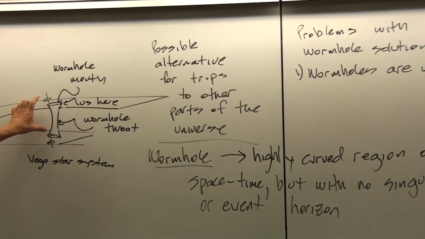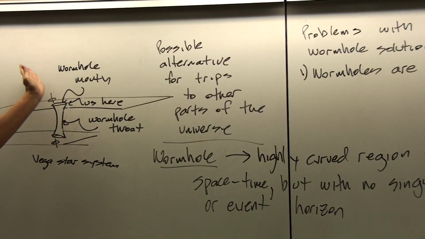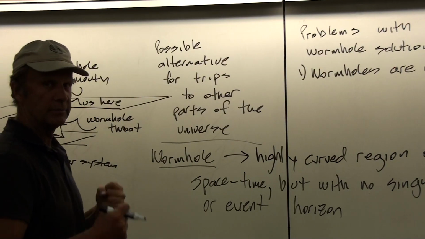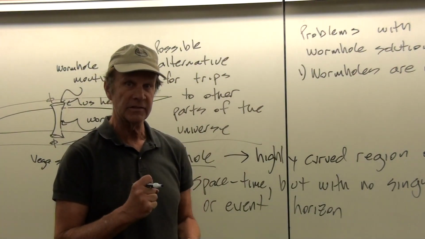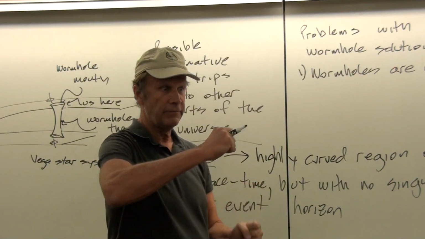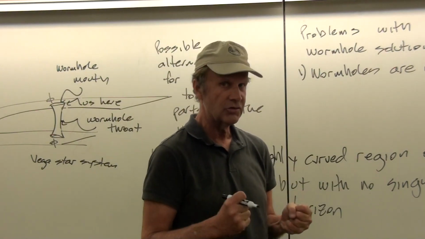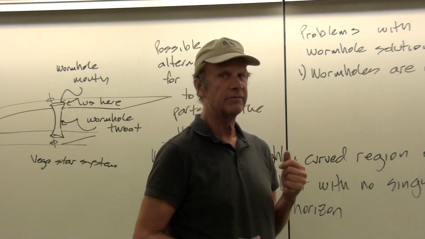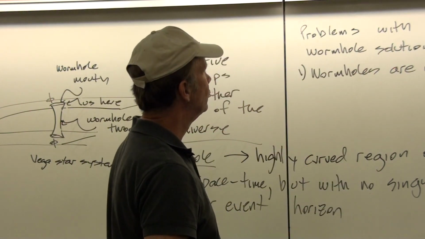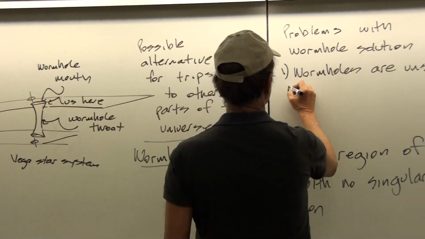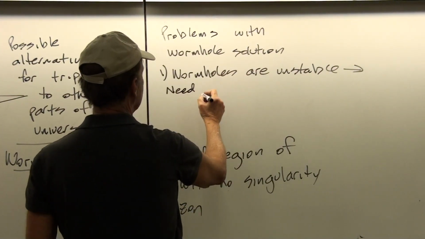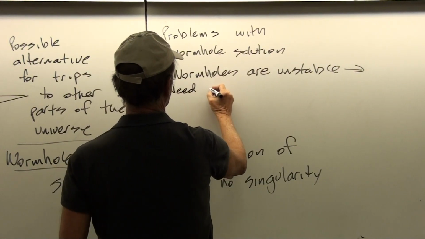Now, how do you make this thing stable? Well, you could thread electromagnetic fields through it, because energy can also bend space, not just mass, but also energy can do that. So with electromagnetic fields, you might be able to bend the space in just the right amount to compensate for any instabilities that are created by the rocket ship flying through the wormhole throat. So this is what we believe is needed then. We need an advanced technology to stabilize the wormhole.